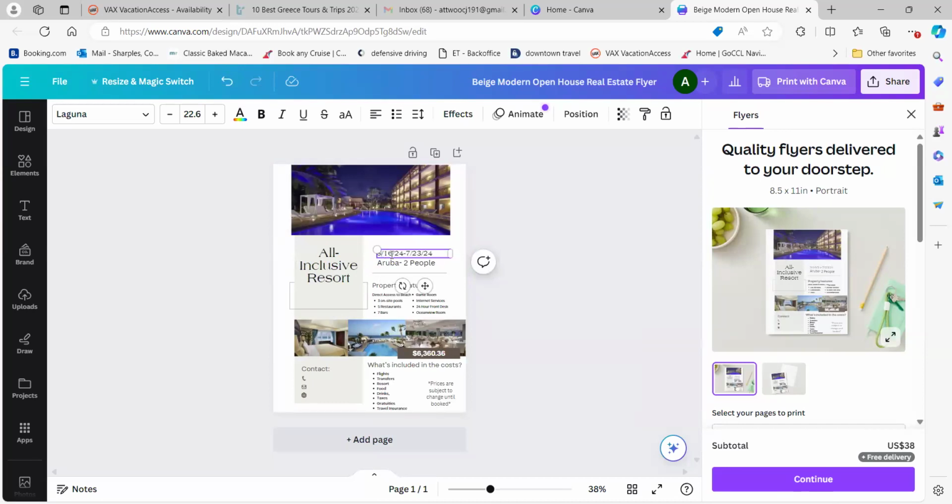Now, if anybody does want to use this information after as well, any of these that we use for mock bookings, let me know. I'm happy to give you that information, so you can use it for yourself as well. I'm always going to put how many people it's going to be for. And then as well, let me drag this over here.